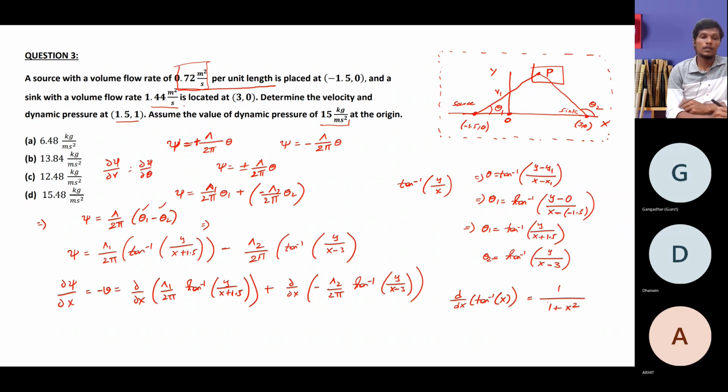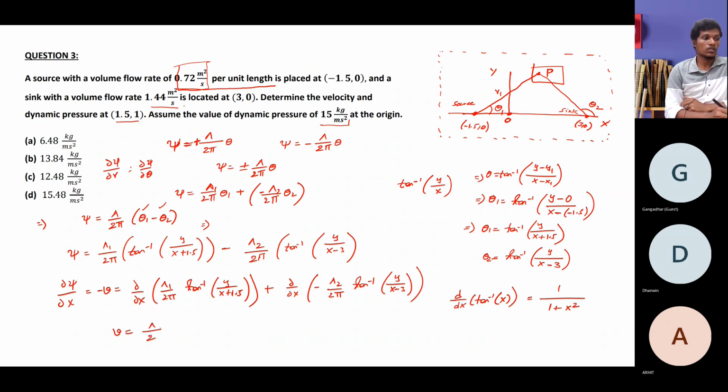This is the standard differentiation equation that you can use here. If you apply the same in this, we are doing with ∂ψ/∂x, right? We will get the following equation. I'm not simplifying. You can just substitute and do the simplification. And then you will get v equals to, where